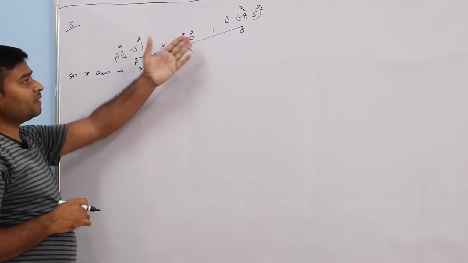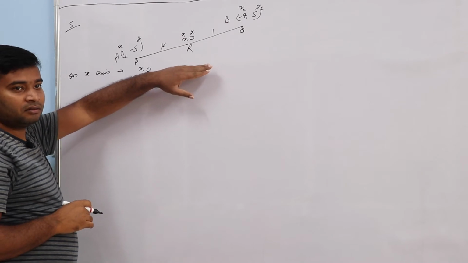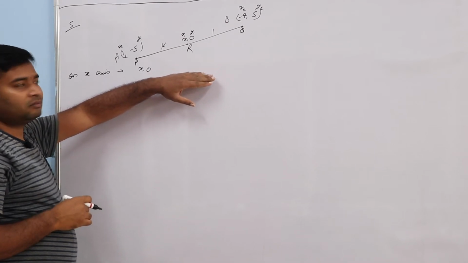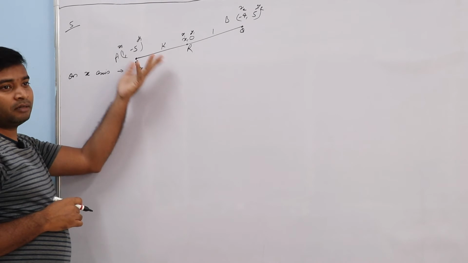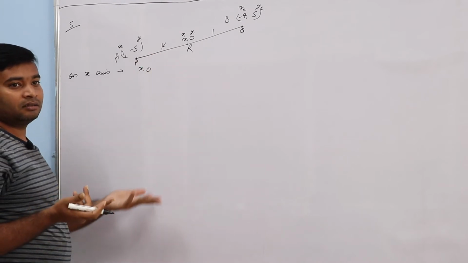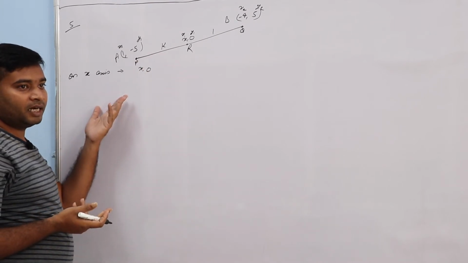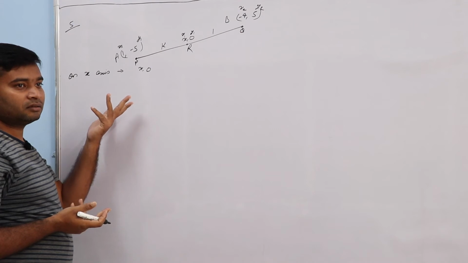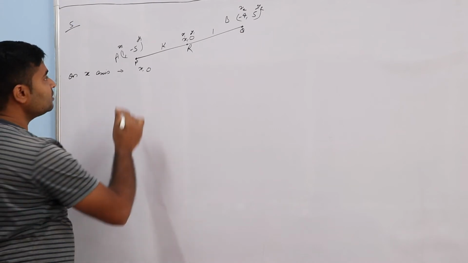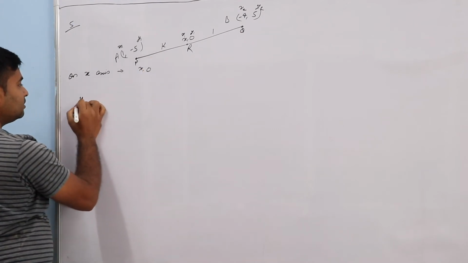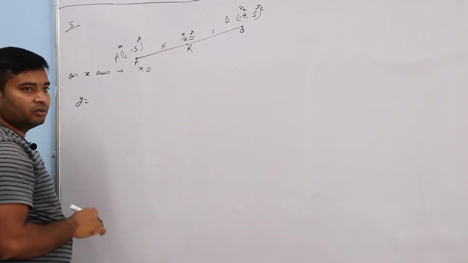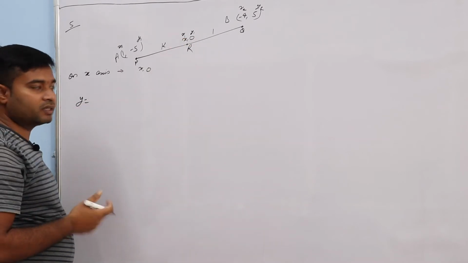If I write here x1, y1, then what will happen? Both will be the same, sir. Then here I will write x, y. The name doesn't matter, I can write anything, we are just giving a name, right? So find the y. Because the y coordinate is given as 0, we can find it easily, right? No need to waste time.